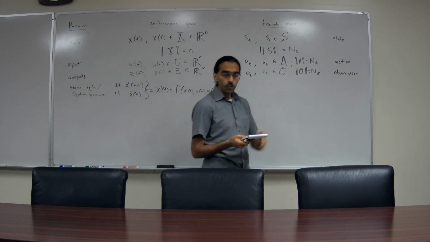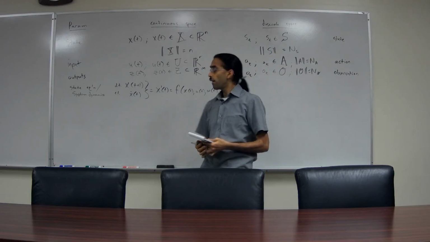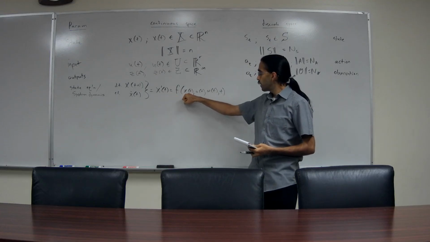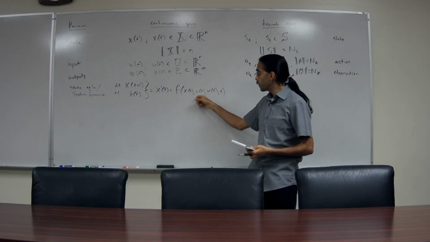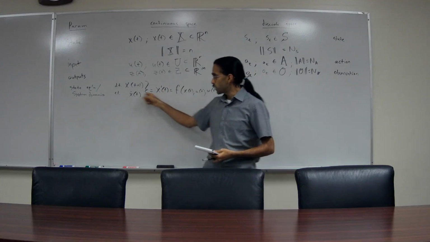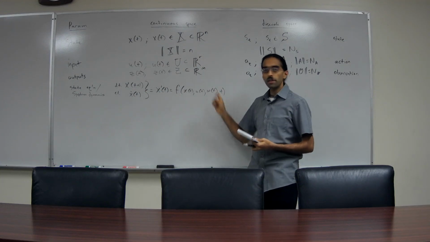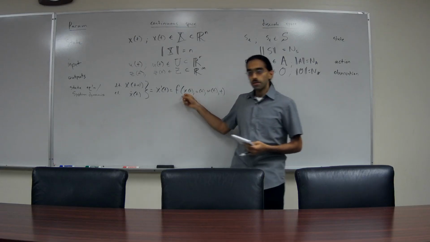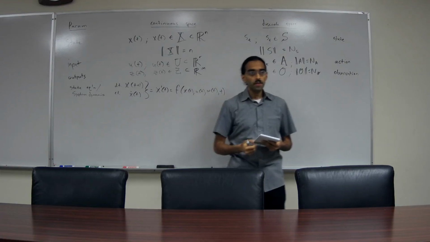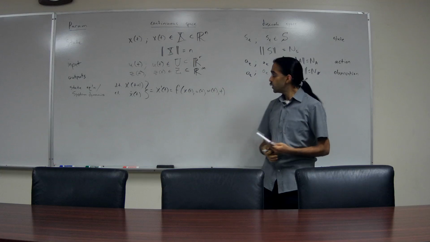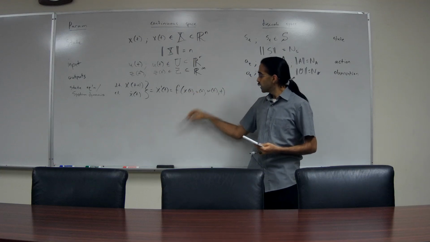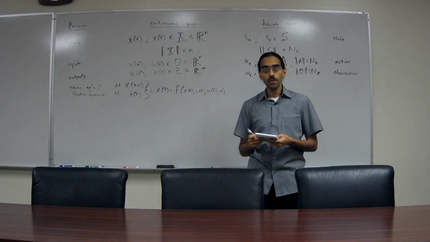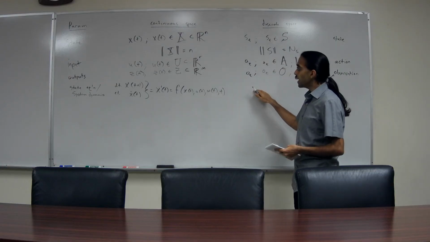Okay, so hopefully you've come up with some ideas. What we have is a relationship between the state at a current time, the input or the action at a current time, the state at the next time instance, since we are in discrete time, and some amount of uncertainty. Well, if each one of these quantities, the state, the action, the next state, is drawn from a set, we can just rearrange this statement to pull out this uncertainty on one side and all of the other quantities on the other. That is, the way we'll define a state update